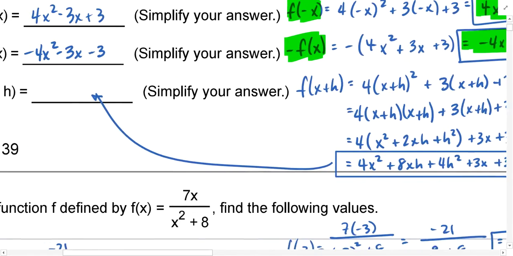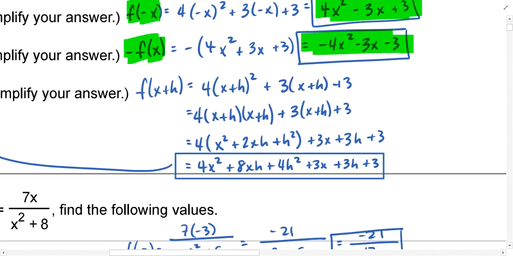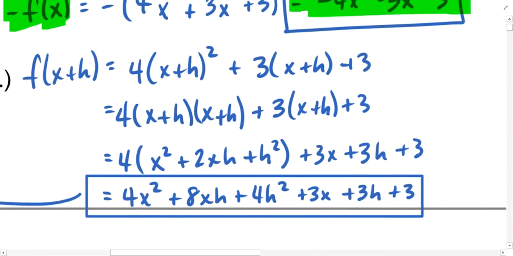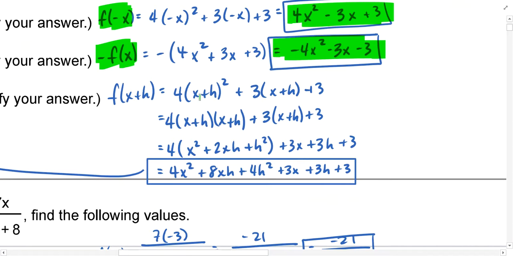The last component is really a preview of calculus class, and in this case we substituted the binomial x plus h in place of x. So here again I'm using parentheses to indicate that substitution. I expanded the binomial squared, and I used a FOILing process to simplify that, and then I distributed the 4 in. We can do that because